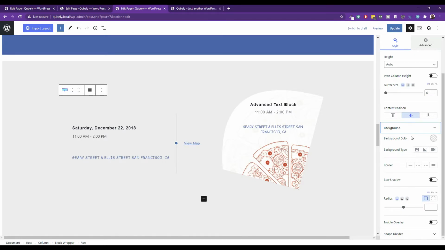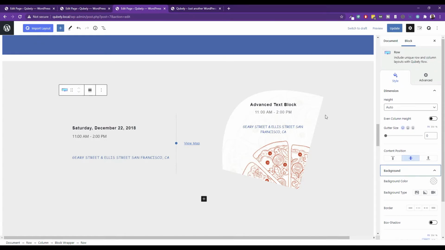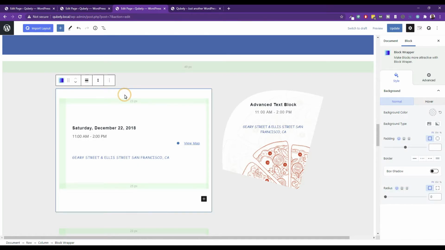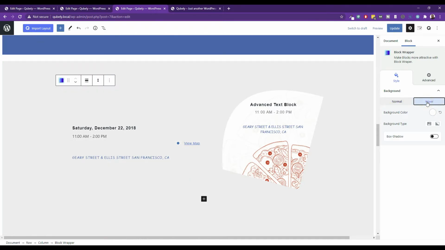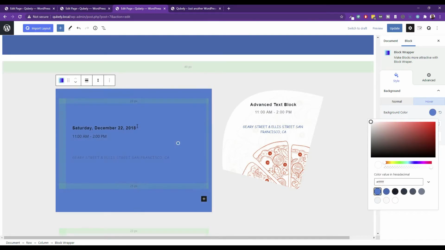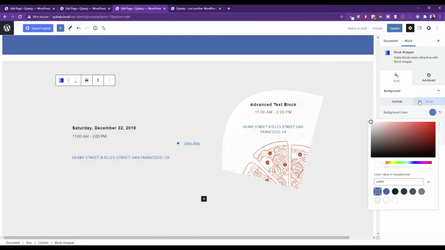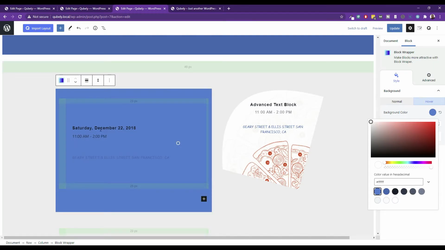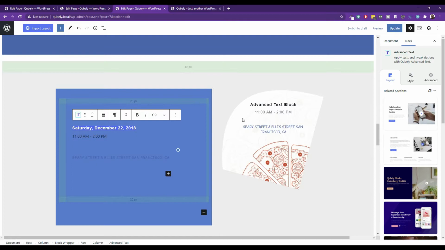Enable overlay. So that's a row. But then how does the background change white? And does it change white? Oh, it changes white. Here it is. On hover, it changes white. So we could turn it around and make it to where it changes blue. And then the only issue with that is that if you do that,